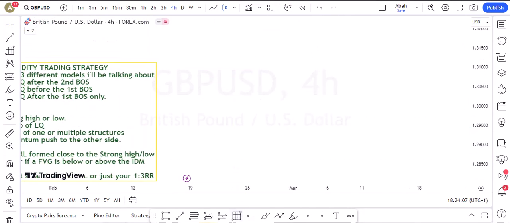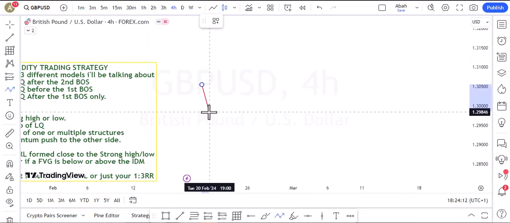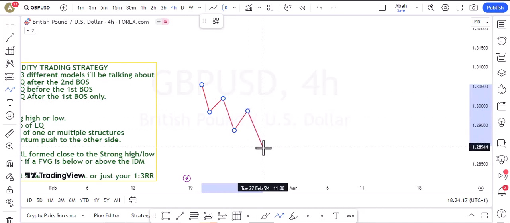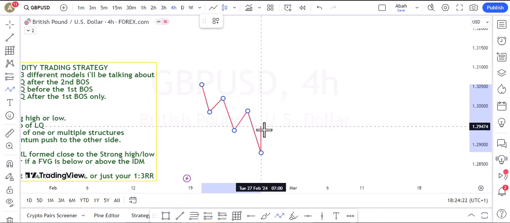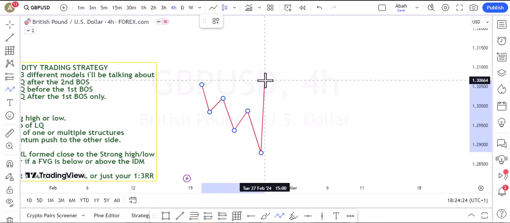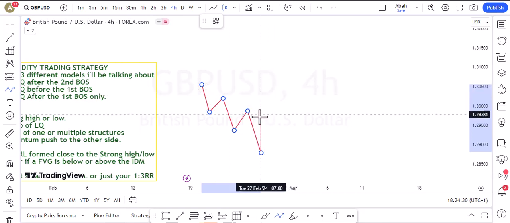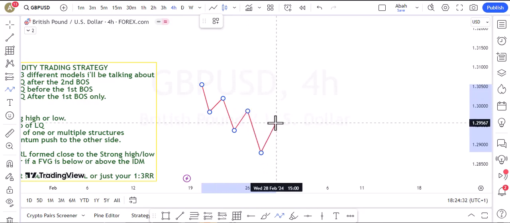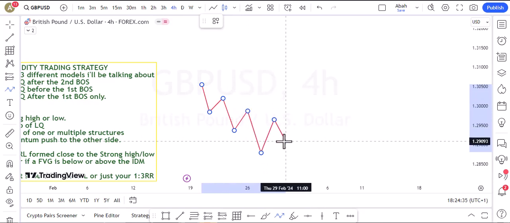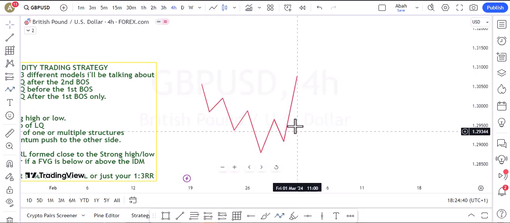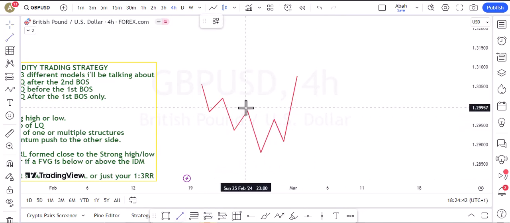Now this is just what I mean here. Let's say price is coming down. So we have, then we have a sweep of liquidity. Then before price will take out this high, remember the other one, price in the model 1, price just breaks liquidity, it just breaks structure, multiple structures. But in this particular situation, before price will break the first structure, price will do something like this, fail to take the low, then do something like this. Now in this particular situation, this is the break of structure,